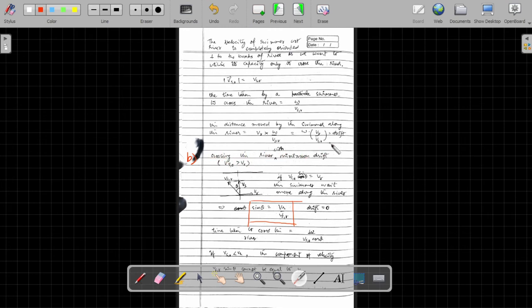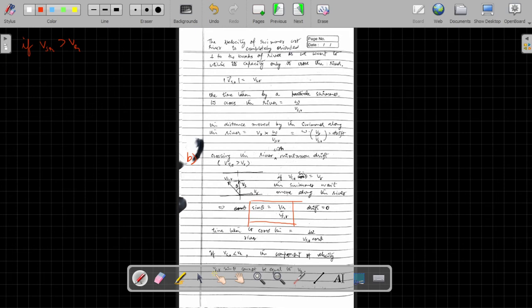So the drift we just saw, what would be the drift? Drift is the distance covered by the man downstream from the opposite point of the bank. So what would be the case in which we can achieve the minimum drift? To get the cases of minimum drift, that is, how can we minimize drift, we take two cases. The first case which we take is that the man can swim at a higher velocity with respect to the river. So VSR is greater than VR.